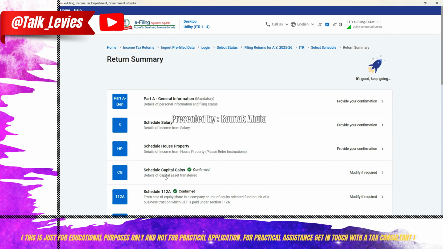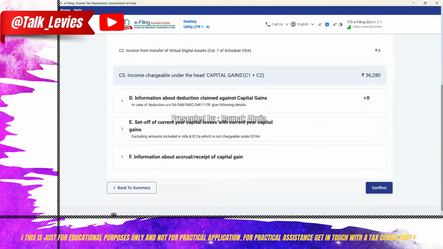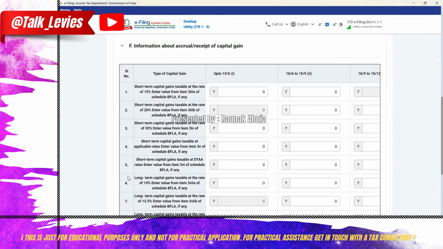Once you click on confirm, move to the capital gain schedule. Click on this. Here you can see the long-term capital gain has been auto-populated, which is fetching data from schedule 112A that we just filled up. Now what you need to do is scroll to the bottom, click on this. Now once you click on serial number F, you need to start filling in serial number 6